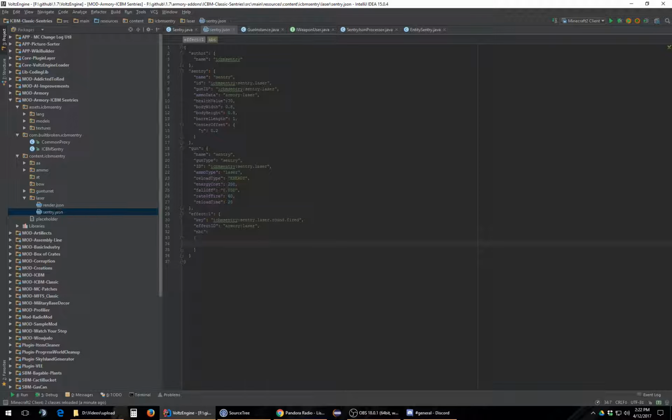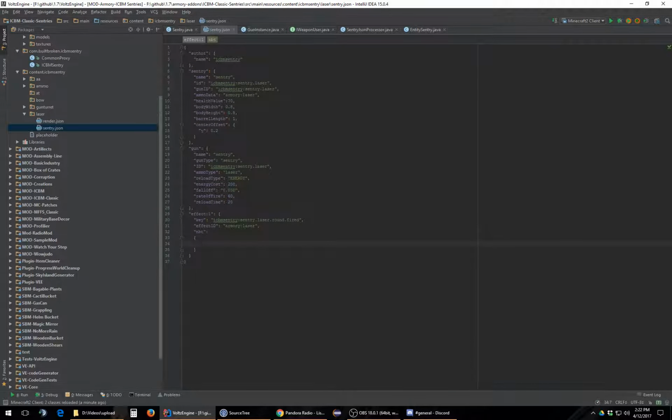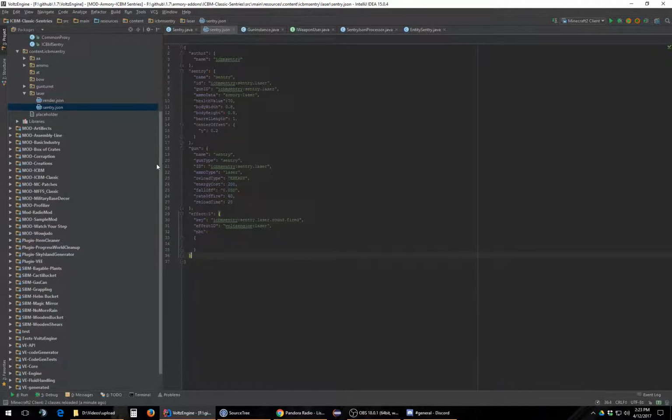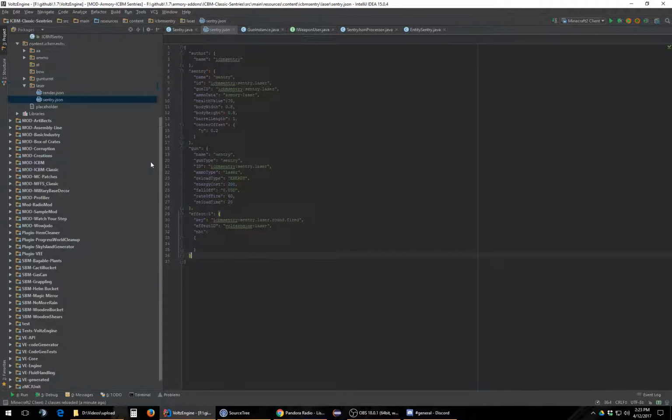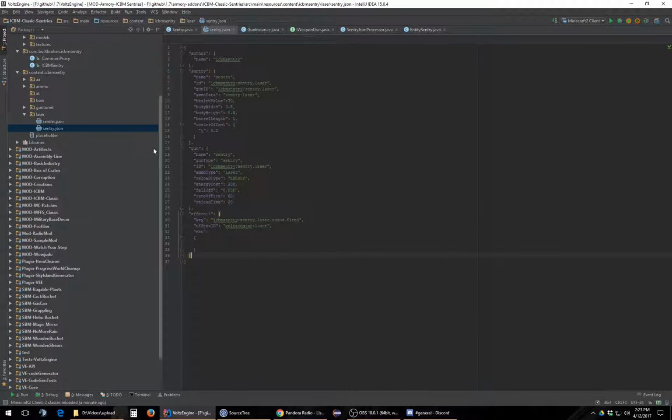I gotta think of how to do this. Actually, I need to see how it's read in. So we have a shockwave system, and that's what we're gonna go copy, and it's in Volts Engine. So that actually means this is probably gonna be a Volts Engine thing. So it'll be Volts Engine laser. Thing with the Volts Engine laser system is it requires a start point, end point. Oh no, we're good there because our start point would be